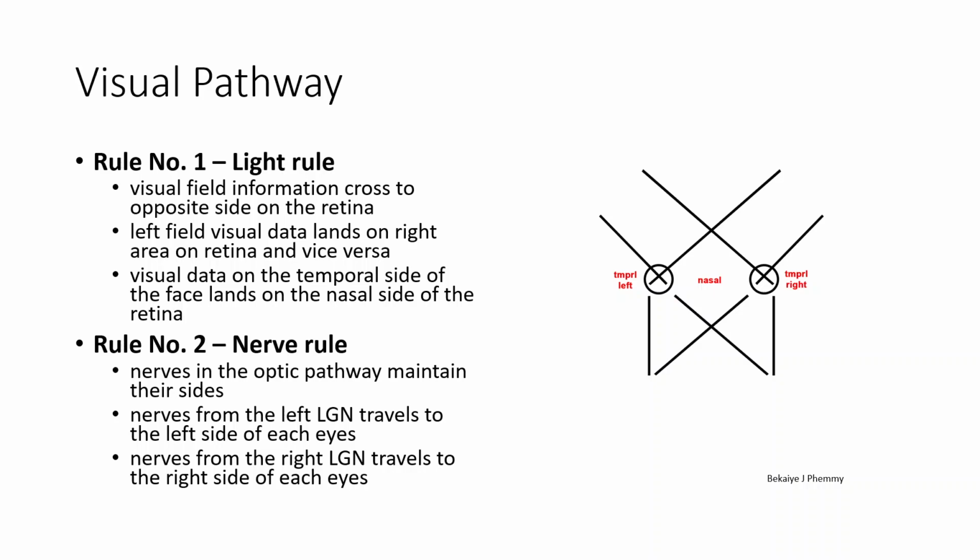It maintains its side and supplies the right side of both retinas. Now we have a nice WIXI. This is easy to draw once you have a good understanding of the light rule and the nerve rule. And this is all you need to start picking the effect of lesions at various points